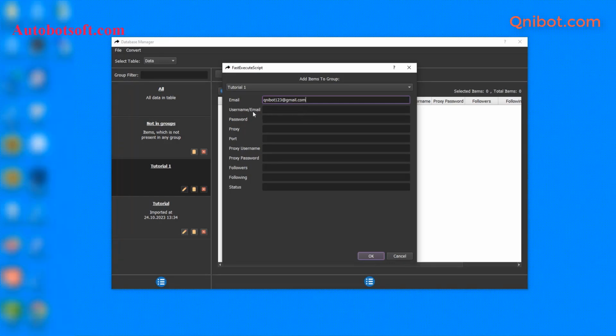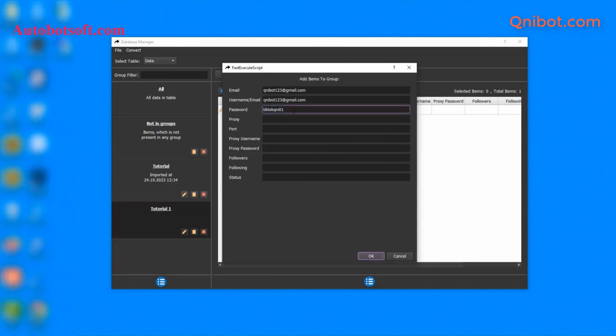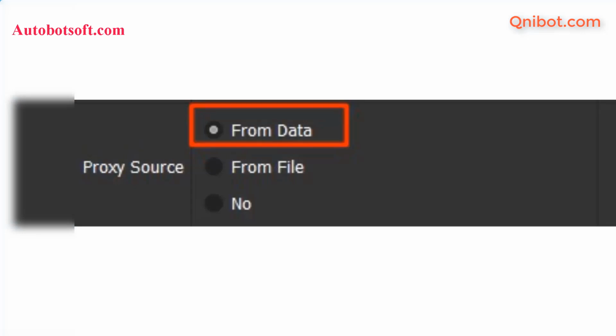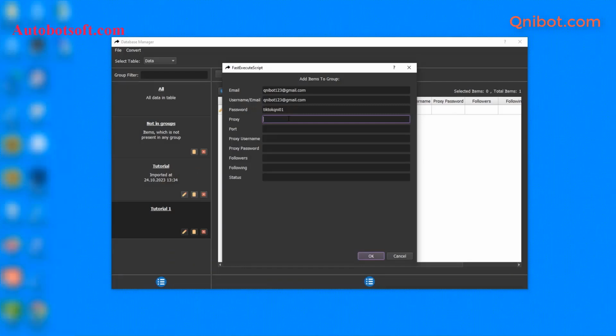Next is the username of TikTok accounts. Next is the password of TikTok account. Then you click OK. In case you select from Data a proxy struct session, you need to import the proxy's